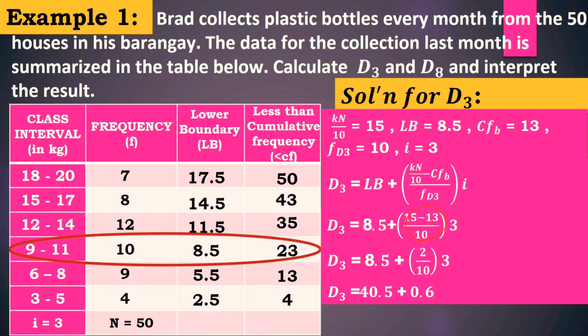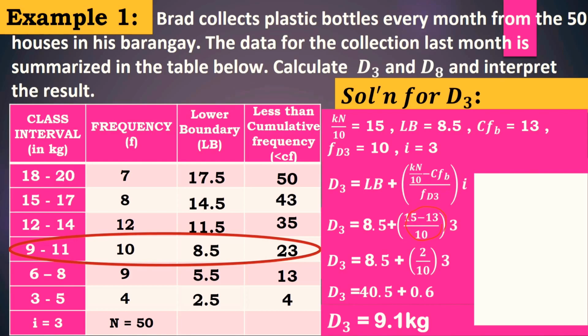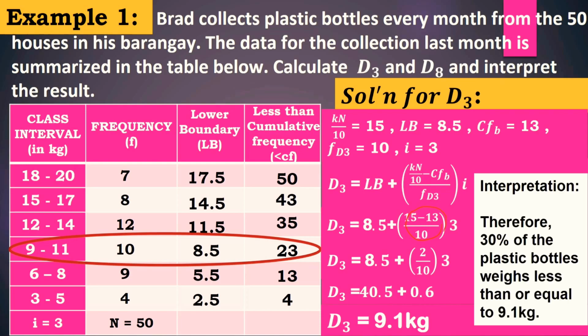40.5 plus 0.6 is 9.1. Take note that we are in kilogram, that's why our unit is kilogram. So d sub 3 is 9.1 kilogram. Therefore, since d sub 3 is in decile, that's 30%, 30% of the plastic bottles weighs less than or equal